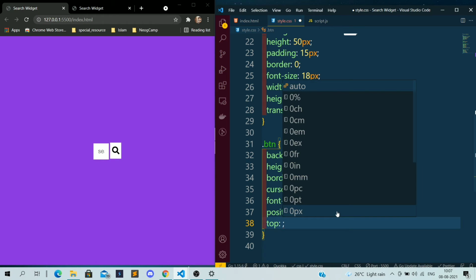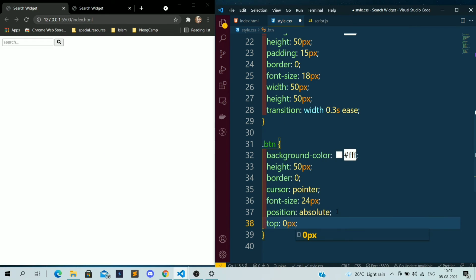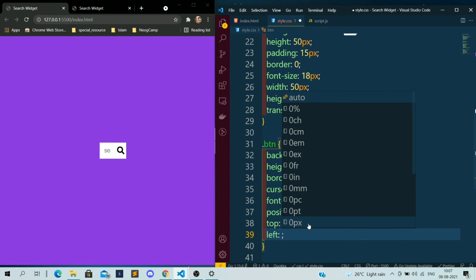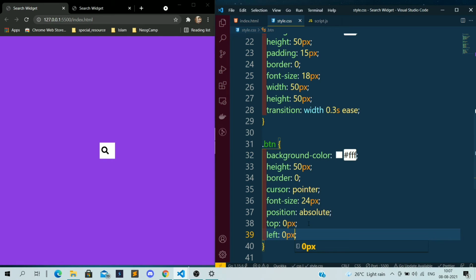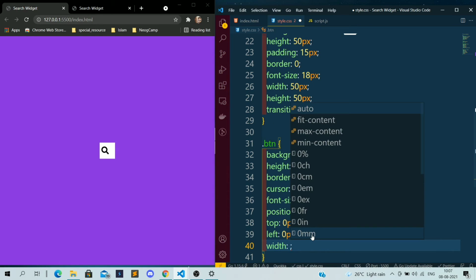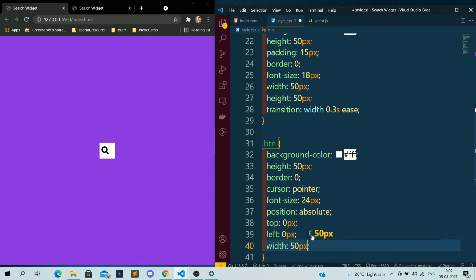So I want the top to be 0 pixel. If I save it, it will come, and I want the left also to be 0 pixel. Now if you see, it's showing correctly, and I just want this in the middle. For that, I need to give the width also, because the width of the input field is 50 pixel.